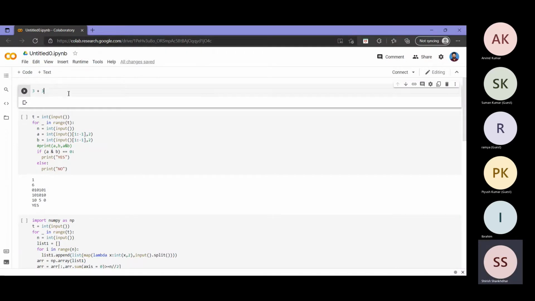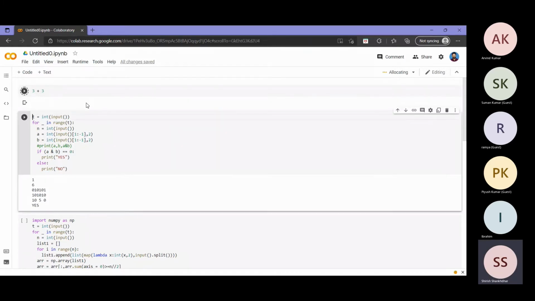I'll just give 2-3 examples here. Since we are working in Colab, I need not print. If I directly give 3 plus 3, once it connects, it will give the output. Since we are running the first cell, it will take a few moments to initialize. If you are trying in some other console, you may have to do this with a print.